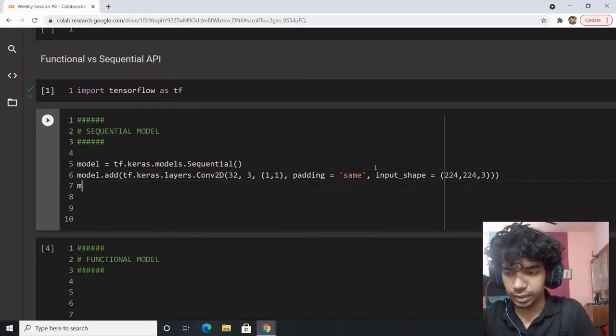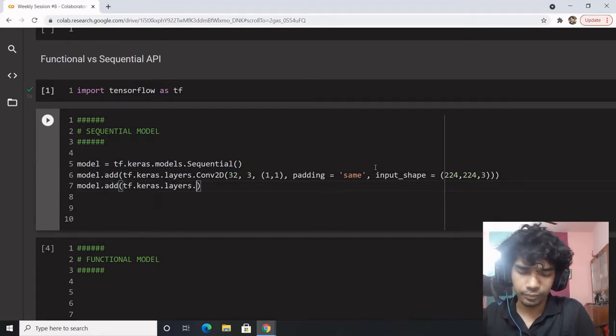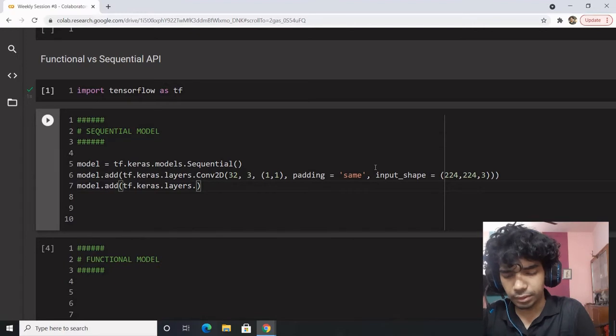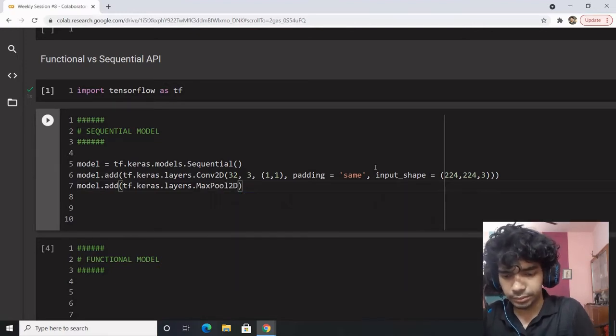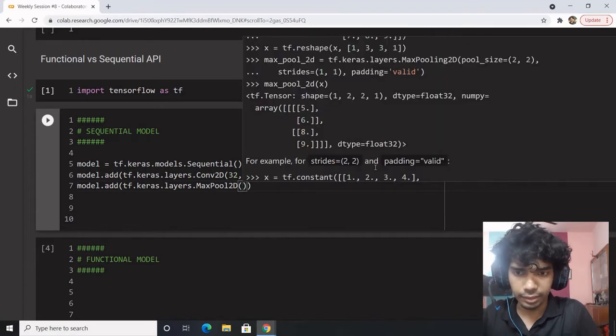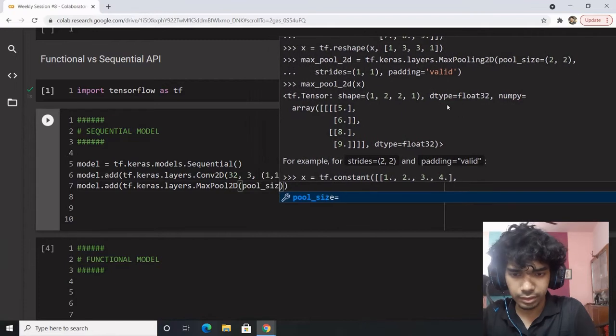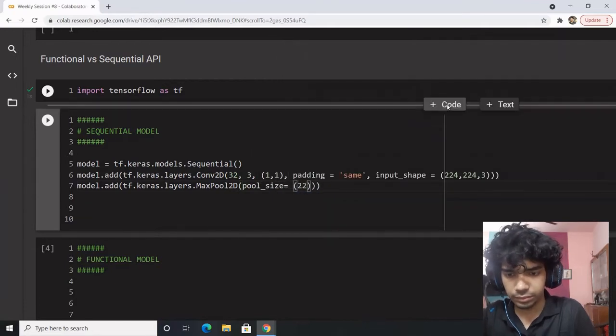Again we have model.add with tf.keras.layers. Then let's say I want to add a dropout, or I can add a max pooling, MaxPool2D, with pool size 2 by 2.